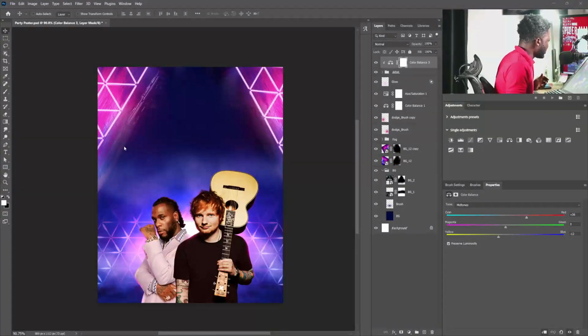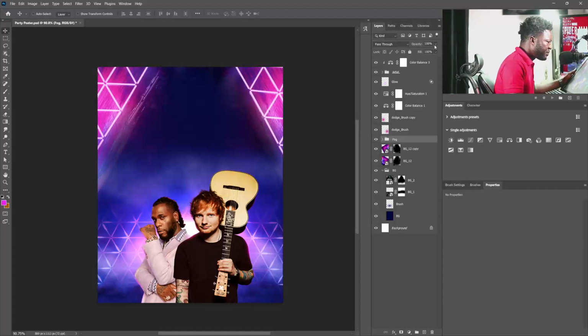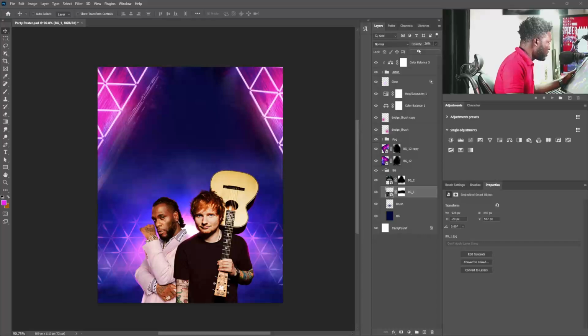All right, so now that we are done with the color grading, I think we need to work on the background, because my background here is not looking the way I want it. So what we're going to do is I think I still need to reduce the opacity of this fog here. So I'm going to reduce the opacity of the fog, like that. And for this, still need to reduce the opacity a bit more, like that. Then for this here,